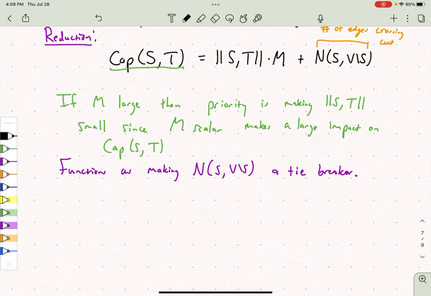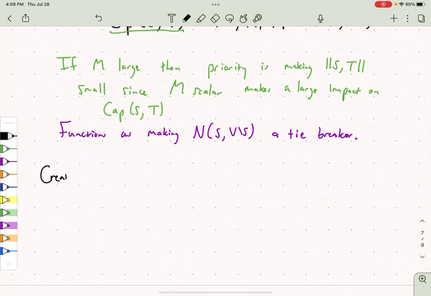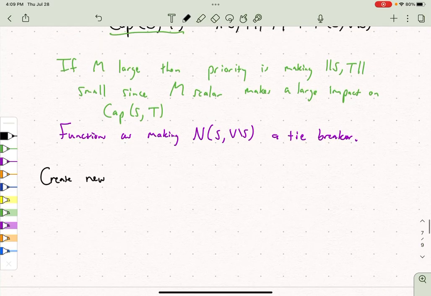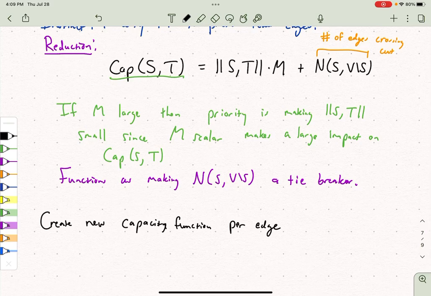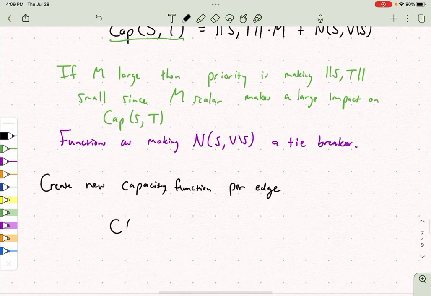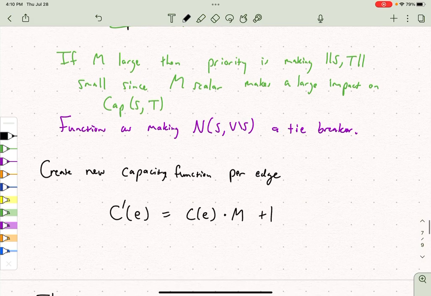So instead, we're going to create a new graph, just like usual with graph reductions. But really, we're just creating a new capacity function, not on the sets, but on each edge. So what's the new capacity function? Well, for any edge, the capacity of the edge is going to be its original capacity times M plus 1. And so if we do that, then